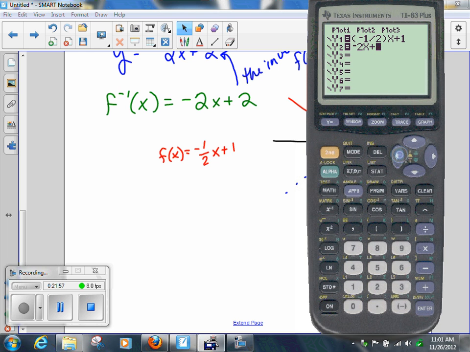So if you'll arrow all the way over here in y2, do you see how you can move it all the way to the left? If you hit enter, I can change y2, my inverse function, to a heavy line, okay? And then,